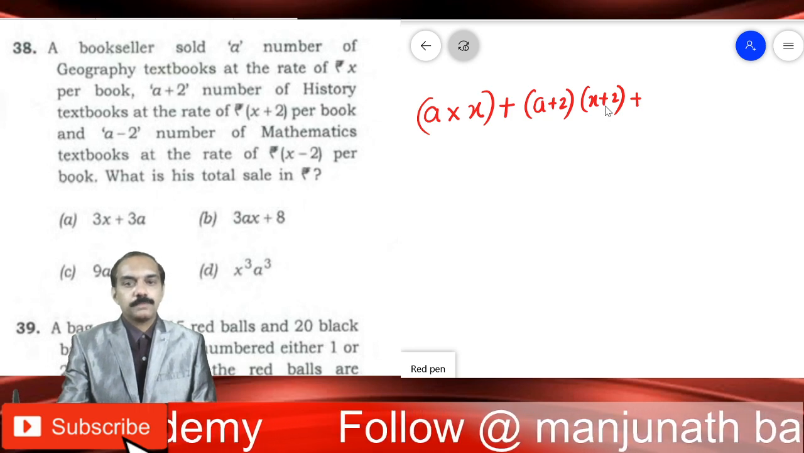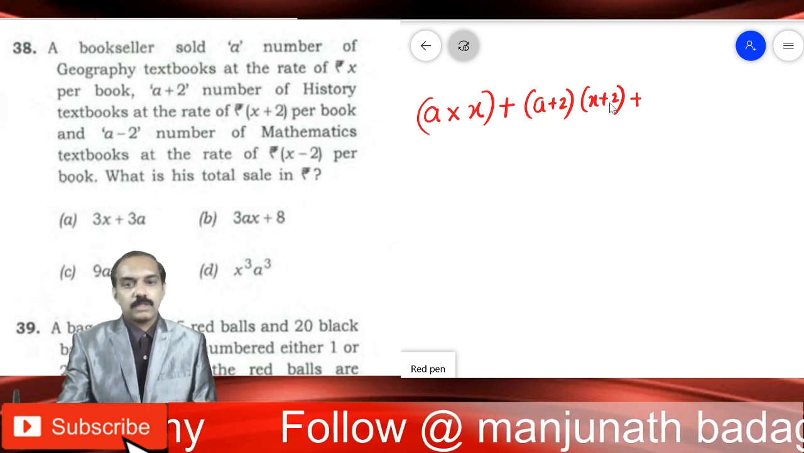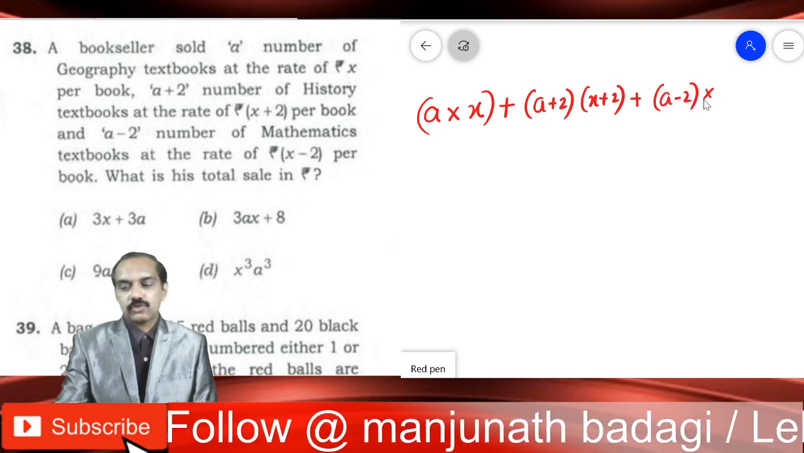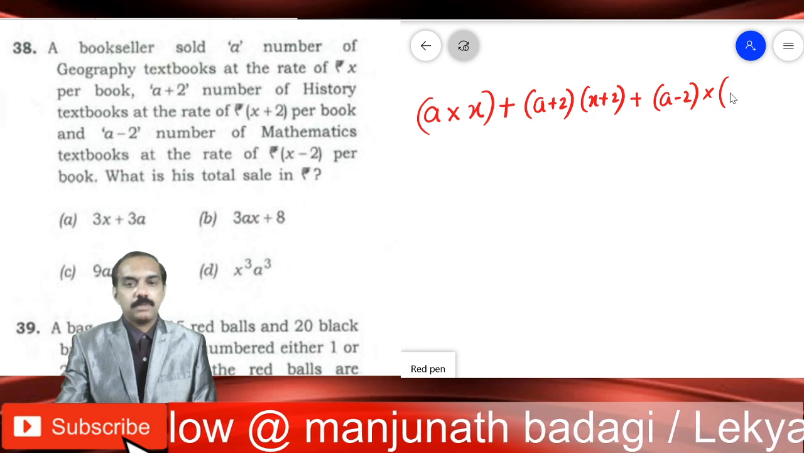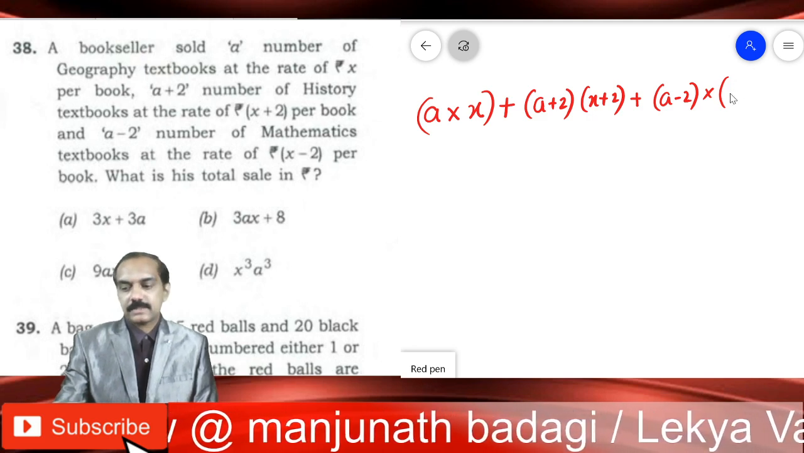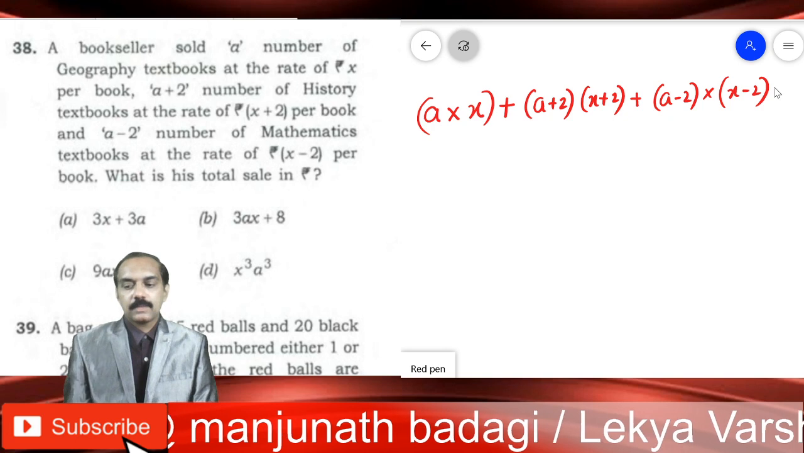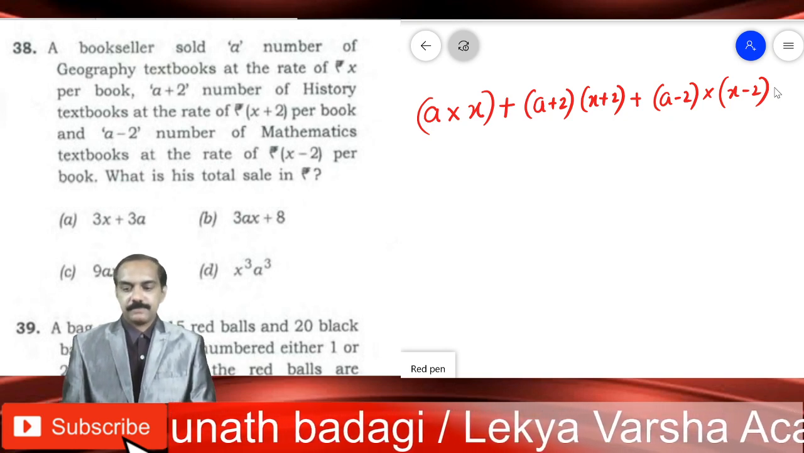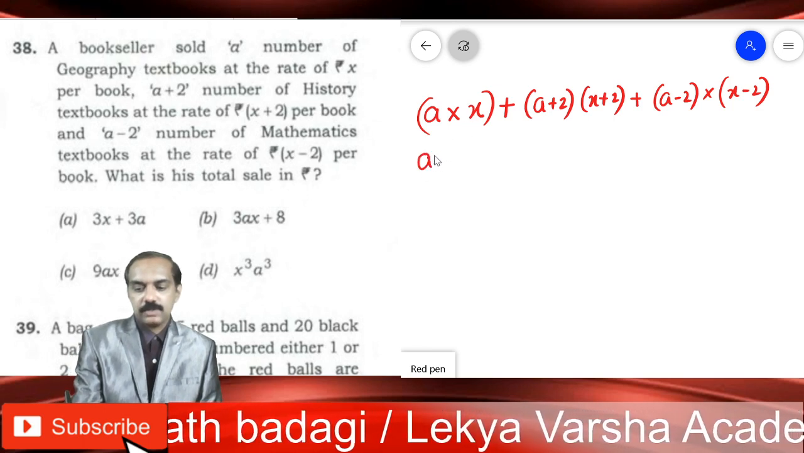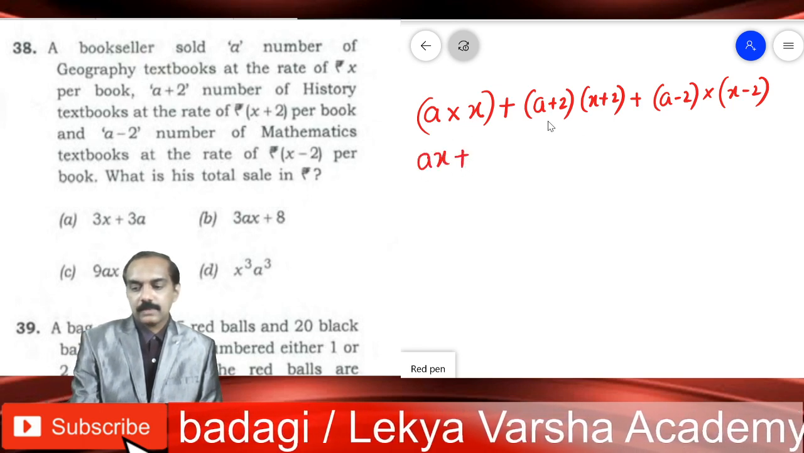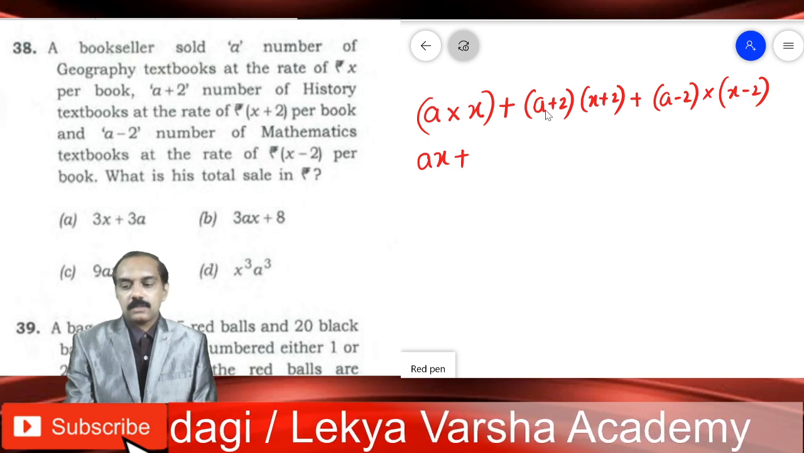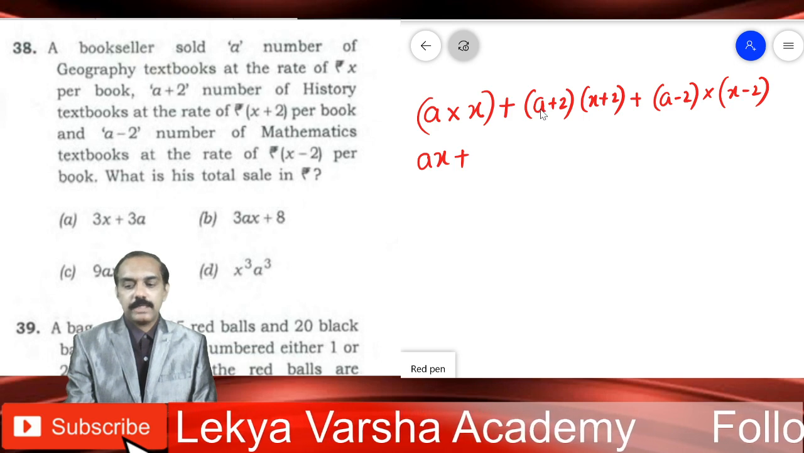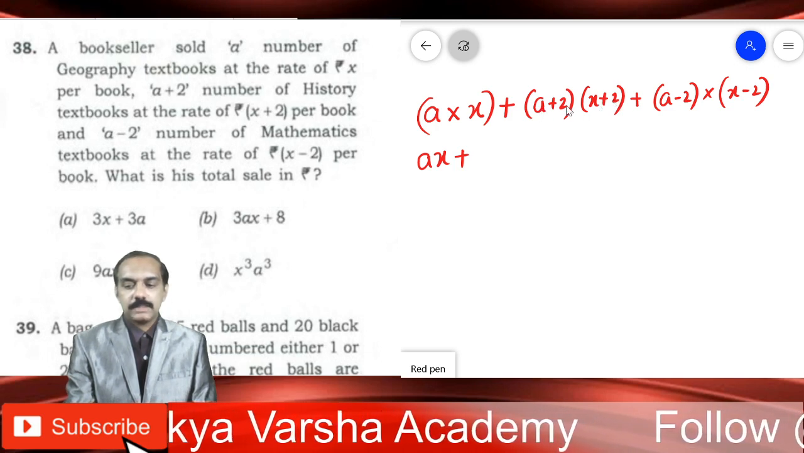Now moving on to maths. A minus 2 number of maths books should be multiplied with the price per book, that is x minus 2. So you will have to simplify this to get the final answer. So a into x will give us ax, and here these two are called binomials. What you must do here is, first you will have to take this a, multiply with both, then take 2,